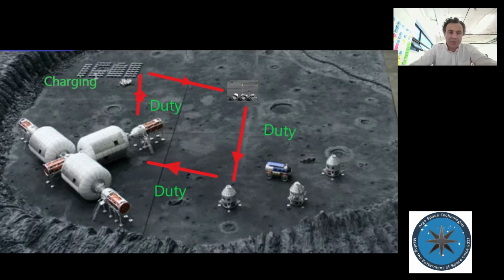It could be picking up rocks, it could be picking up regolith. Let's say that it's that. So the regolith is picked up here on the top right corner. It needs to be moved from that spot onto the station that will treat it in an appropriate way, and then moved from that location back to the main station where, for example, other materials would be changed.